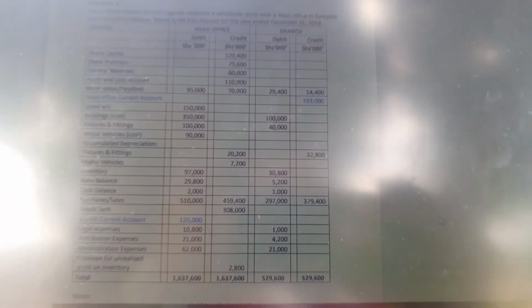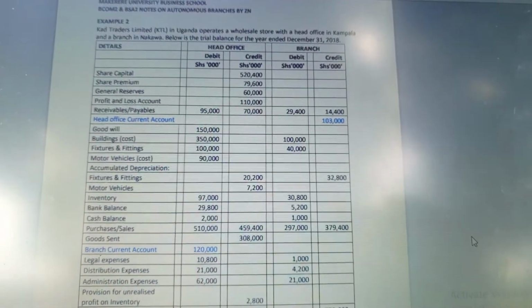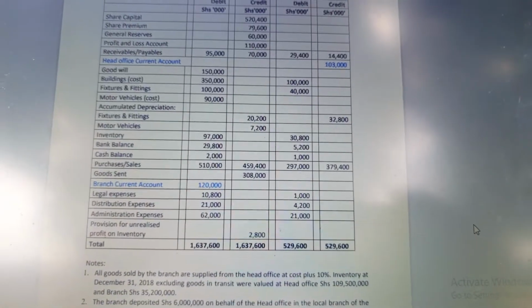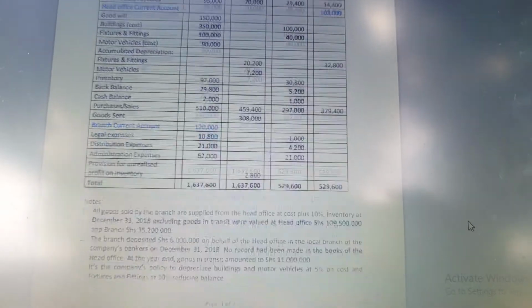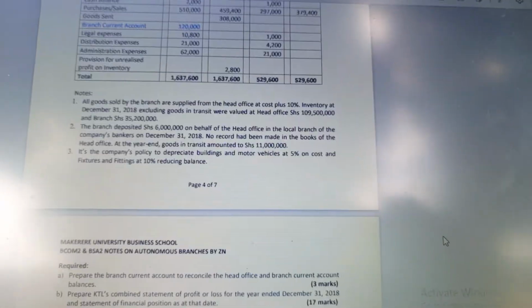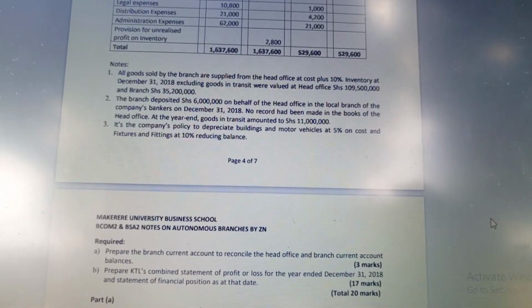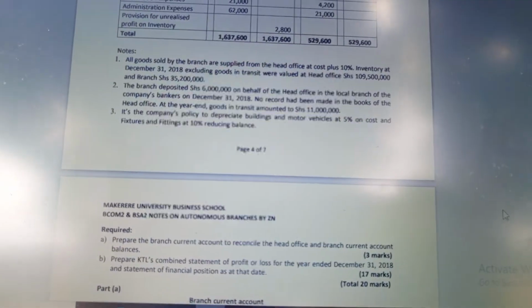So basically, as long as you know the format for the income statement, here you are going to just be drawing the income statement, but in a T format. So that's what you are going to do. You are going to see that we shall still look at that additional information and what is required basically